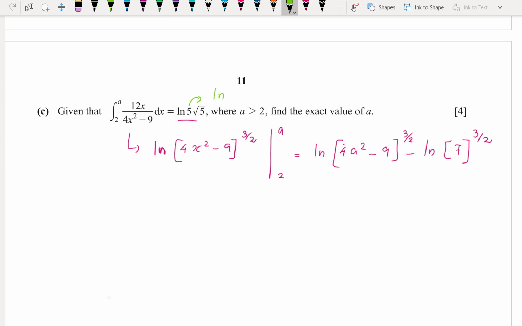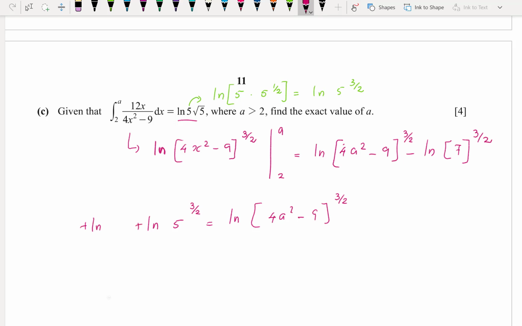This is same as ln 5 to the power 5 multiplied by 5 to the power 1 by 2, right? Yeah. So that will be ln 5 to the power 3 by 2, Amrita. Yes. Okay. Now let us use all of it. So the entire thing is ln 5 to the power 3 by 2, same as ln 4a square minus 9 to the power 3 by 2, minus. Actually, why don't we take this minus to the other side, Amrita? Okay, plus